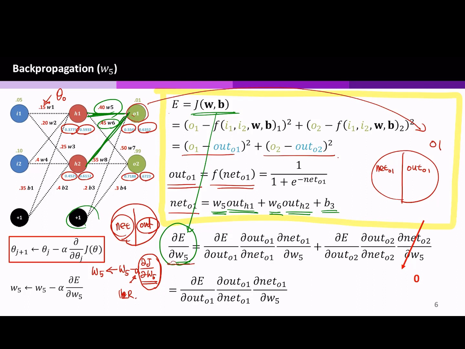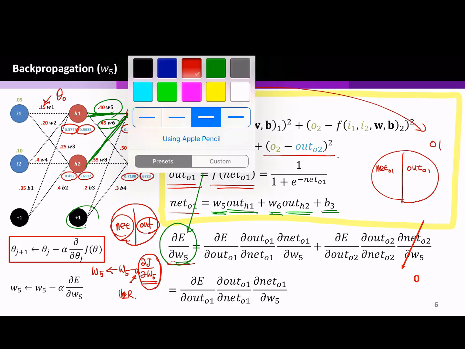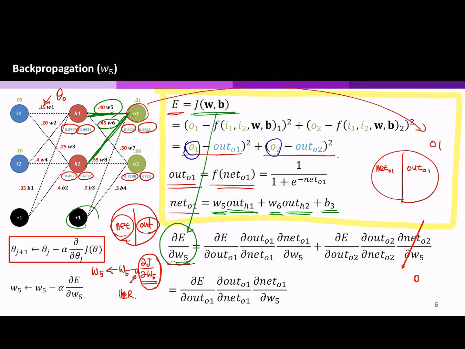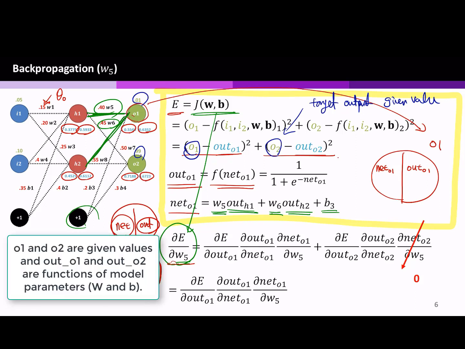Okay, what is this value? E is a function of output O1 and output O2, right? But what is this one? This is your target output, the given value, right? So this is not a variable; this one is a fixed value. So E, the cost function, is a function of output O1 and output O2. That's why we write the equation like this, because E is the output O1 and